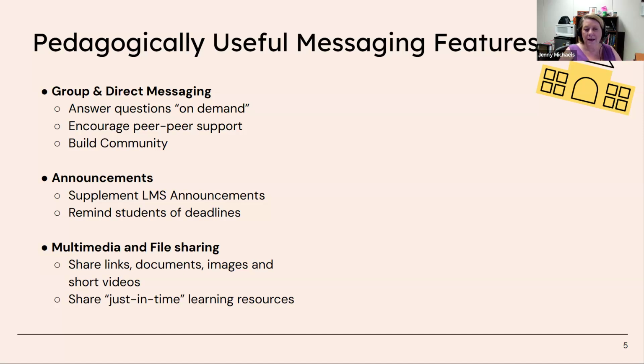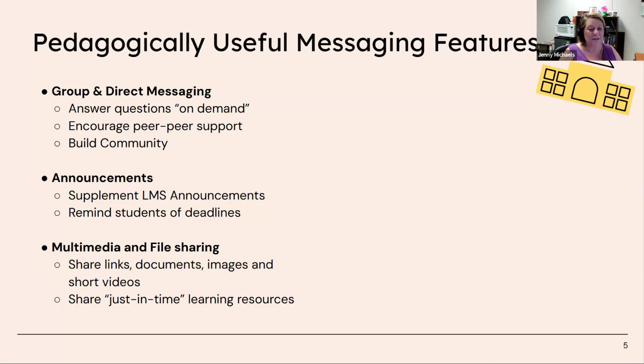You could have announcements. So I would not send an announcement related to class through a messaging app, but I might send a notification going, hey, just posted an announcement that has some tips for this week's homework. Don't forget to log in and check it out. Or reminding them of deadlines that are coming up. Have you been working on the paper? We don't want it to be a surprise when the deadline shows up in 2 weeks.